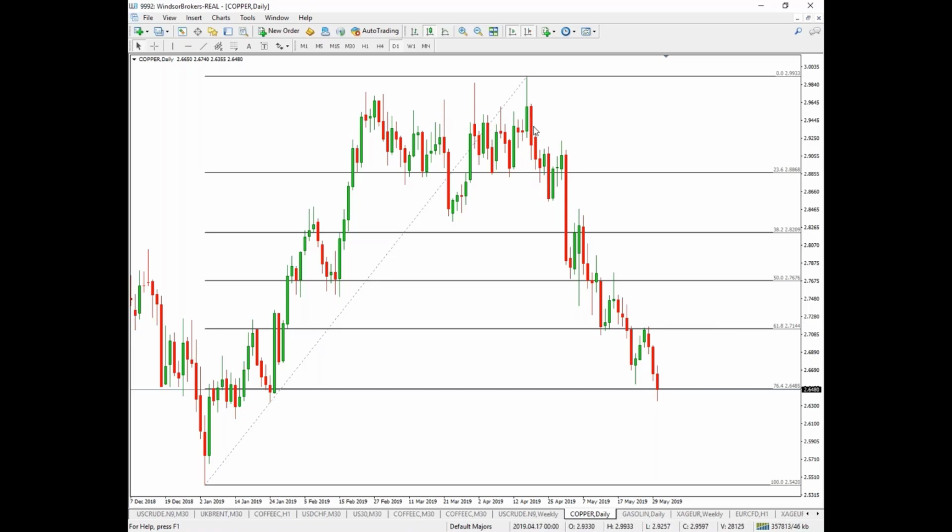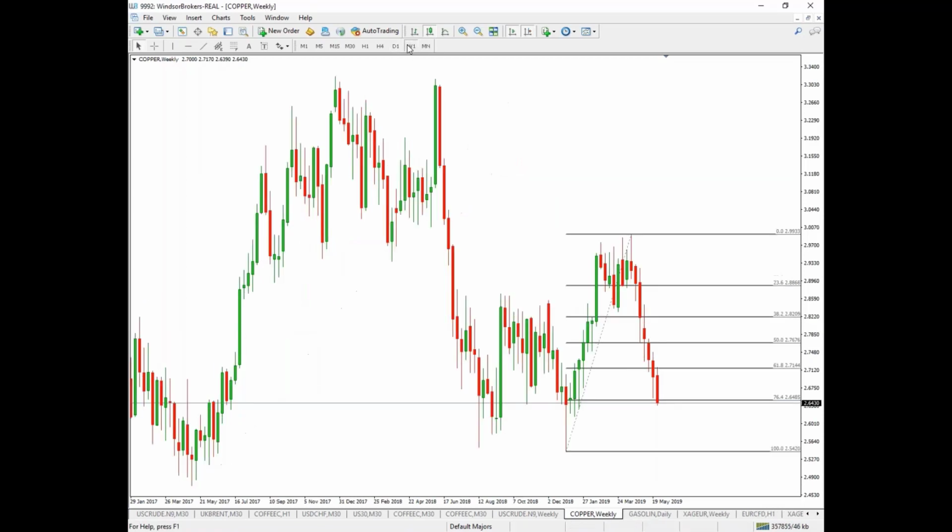So it's almost over because 76.4% is taken out, and as we can see, there are no significant obstacles, at least on the daily chart, on these levels on the way towards our key support on this time frame at 254.20. If we take a look at the larger time frame, then we can see that this support at 254.20 has another historical low at